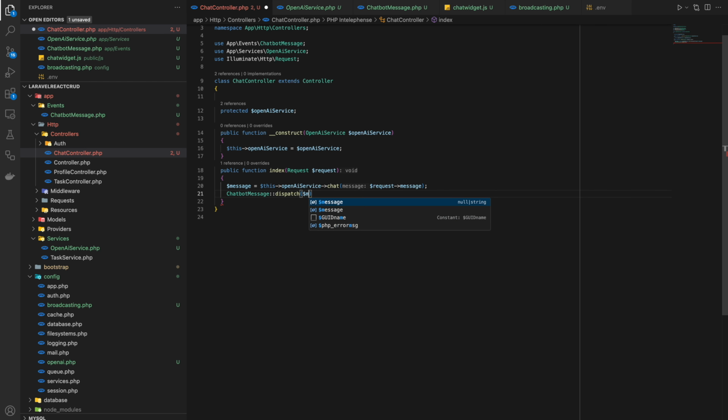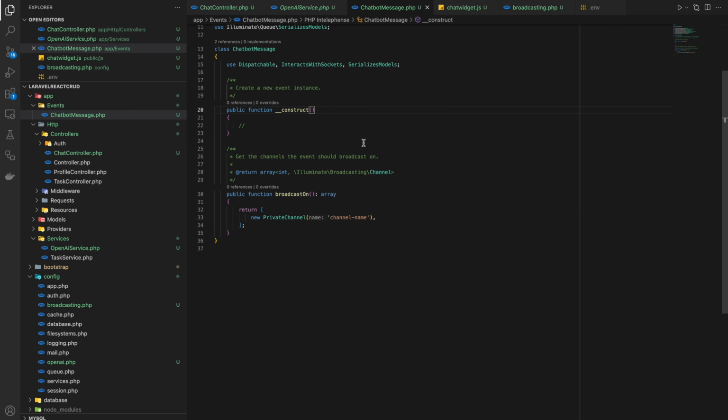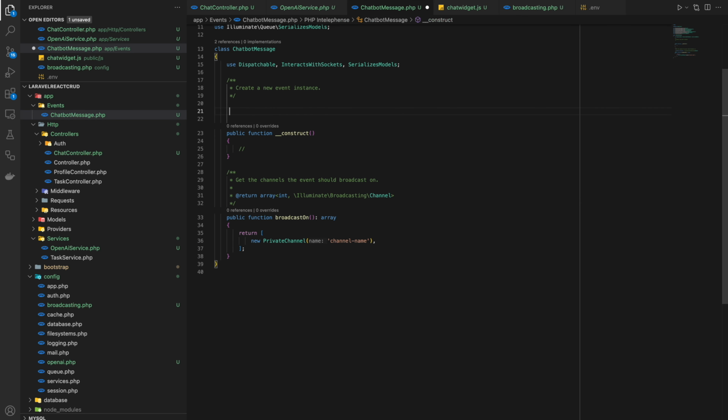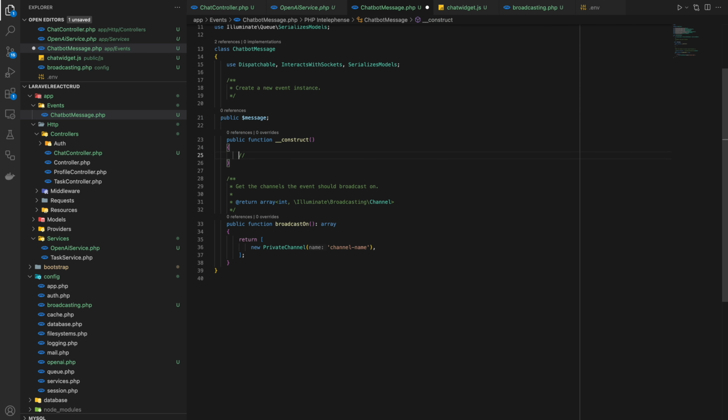So I'll be dispatching an event whenever this function is hit, and when we receive the messages from the OpenAI service. And to dispatch the event, you can type the syntax like this: event dispatch, and I'll be passing message into the constructor. So I'll be taking one public variable that is $message, and in the constructor I'll be assigning the value to this public variable. So $this->message is equal to $message,